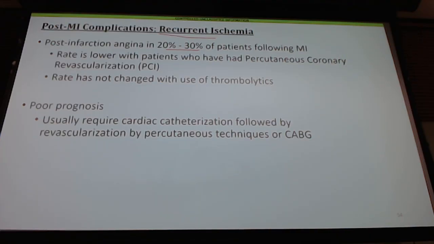PCI, the reason that we push for PCI if possible over just fibrinolytic therapy is this rate is much, much lower if these patients have a PCI done instead of just thrombolytics, because this rate is not changed by the use of thrombolytics. So they still have a 20 to 30% chance of recurrence even though they got thrombolytics, as the setup is still there that led to the condition to develop in the first place. You just treated and addressed the acute issue of it.